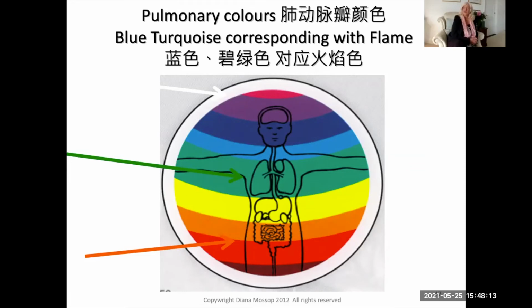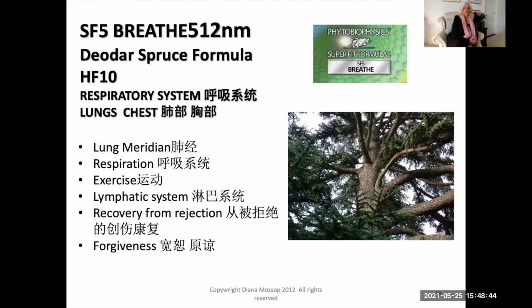Always remember that we have two hearts, two organs, always two kidneys, two lobes of the liver, two hearts. It's really fascinating that very few people understand this concept of right and left, RNA versus DNA. The correlative color of this incredibly bluey green, turquoise and green is this wonderful flame fire color, ice versus fire. We've already discussed the lung meridian and the respiration, exercise and the lymphatic system.